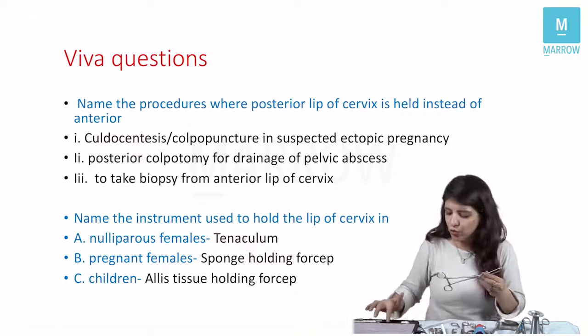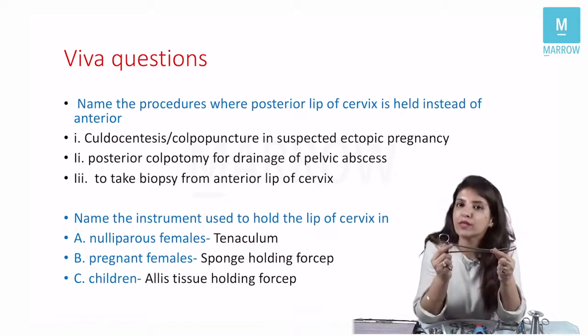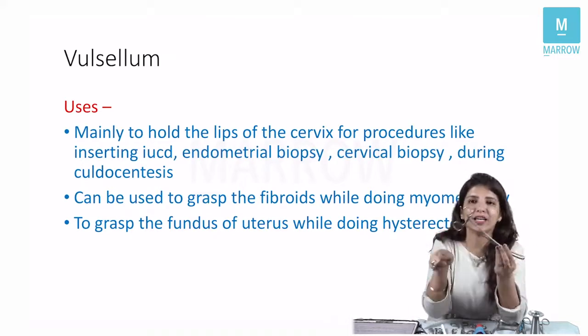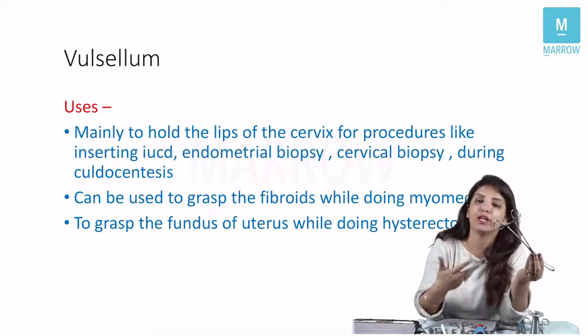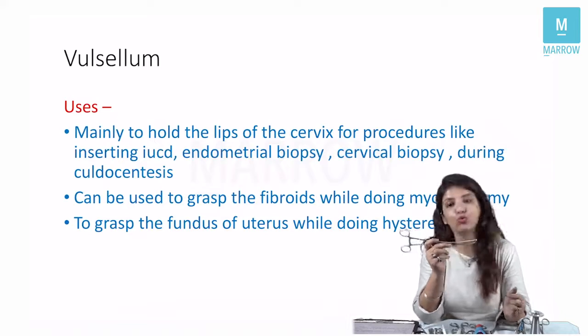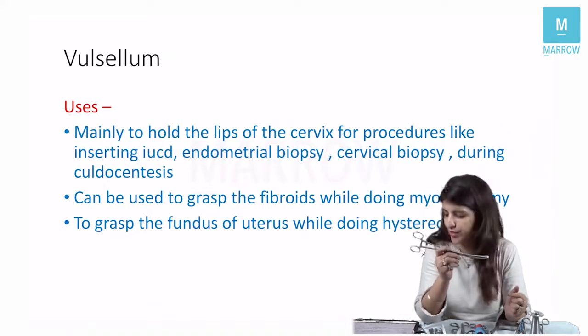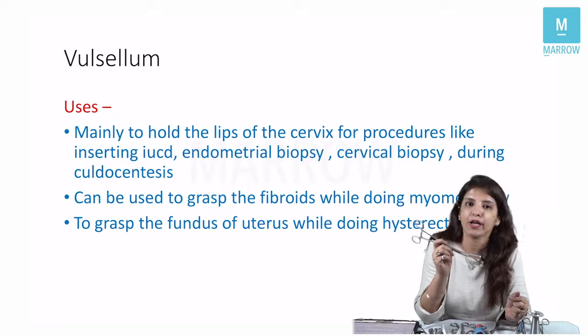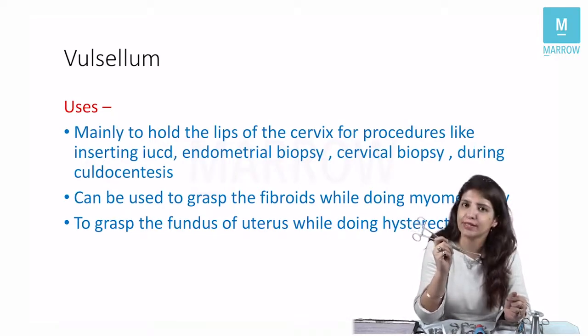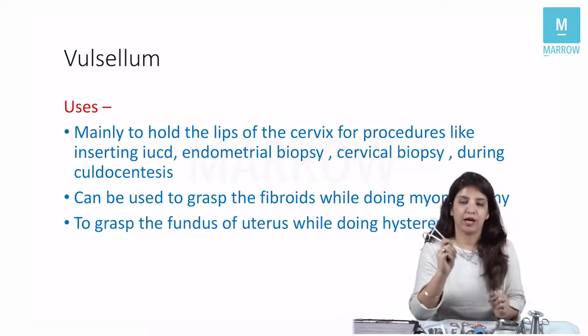So as I told you, one use of Cellum is to hold the lips of the cervix, and that's the main use. Apart from that, Cellum can be used to hold the fundus of the uterus and to manipulate the fundus of the uterus while you are doing abdominal hysterectomy, and it can be used to grasp the fibroids while you are doing myomectomy, right? So they are the other uses of the Cellum, right? Now,